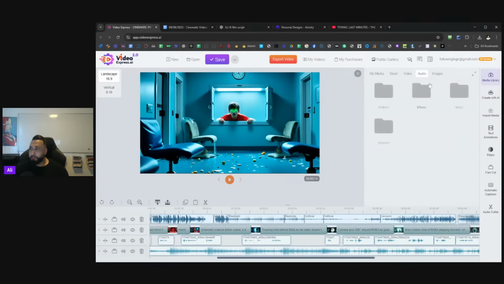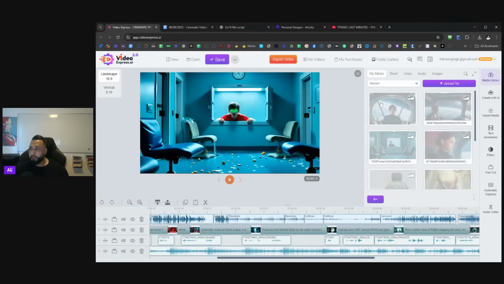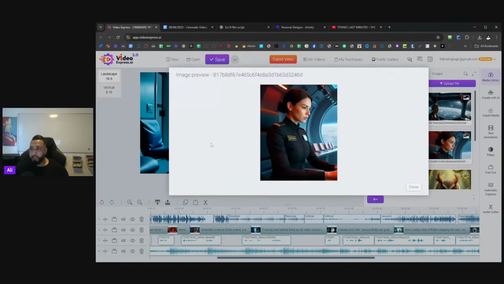And if I go to my media library, look at these characters. Remember that was the female that I created. I just took an image and used it as a consistent character. That way, when you're using create from prompt or text to video, the issue you have if you're trying to create more scenes is that you won't have that character anymore. That's the issue, isn't it? But having something like Video Express and that core functionality of consistent character, we can now bring back those characters and have continuity as part of your series or your films or your productions. You're not going to lose out on that. So it just elevates the whole